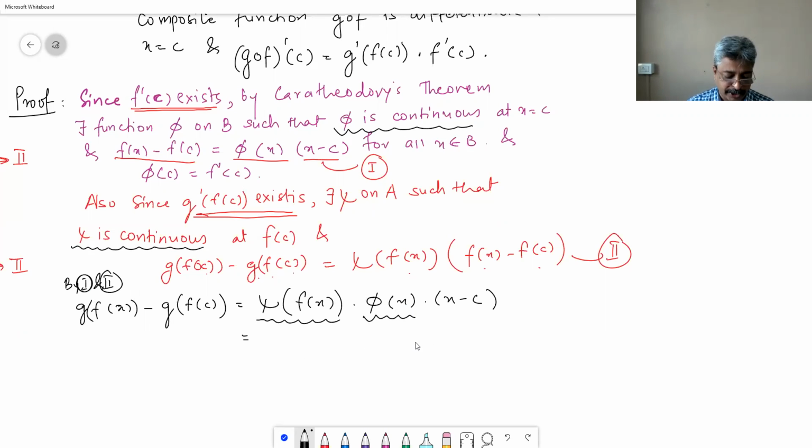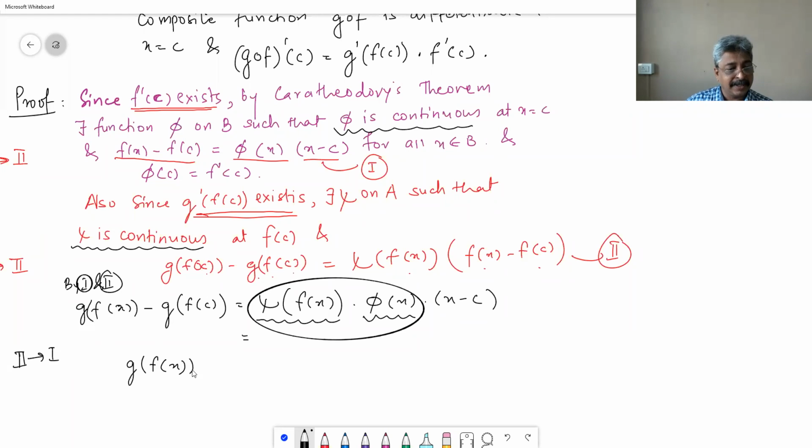So now if we look at this expression, we have got psi of f of x into phi of x as yet another new function which is continuous, and hence from 2 to 1 I can use Carathéodory's theorem in the reverse direction, saying that g of f of x is differentiable at x is equal to c, and if I just want to find out the value of